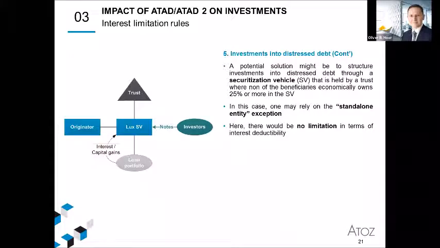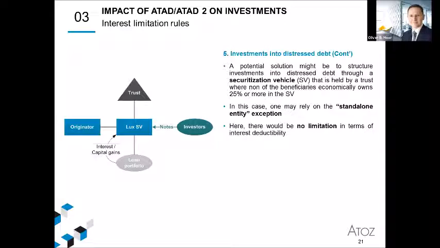But we have one exception from the interest limitation rules, which is the standalone entity exception that might exclude this securitization vehicle from the interest limitation rules. The standalone entity exception applies if a Luxembourg company does not have an associated enterprise or a foreign permanent establishment. Now, this analysis is a bit more complex than that, because